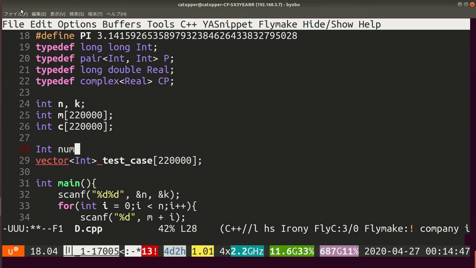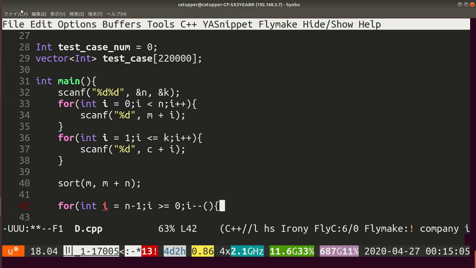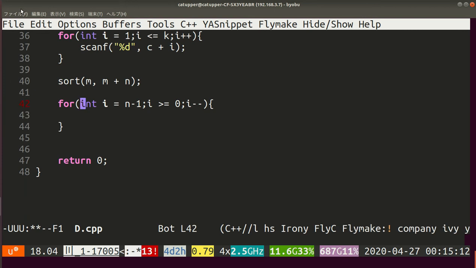The number of test cases, num, be 0 at the beginning, and for i equal to n minus 1 to 0. So we look up the arrays in decreasing order,